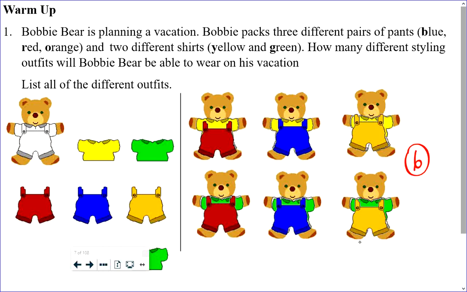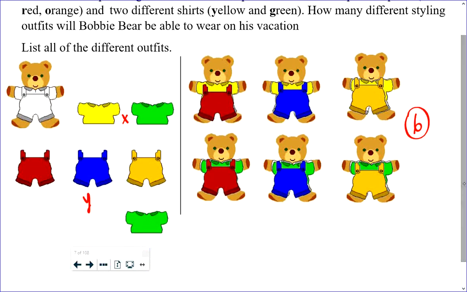Well, we can use an ordered pair. We can say that this is X and this is Y. We can say the shirt color represents X and the pants represents Y. So if we wanted to list them all, our list would be